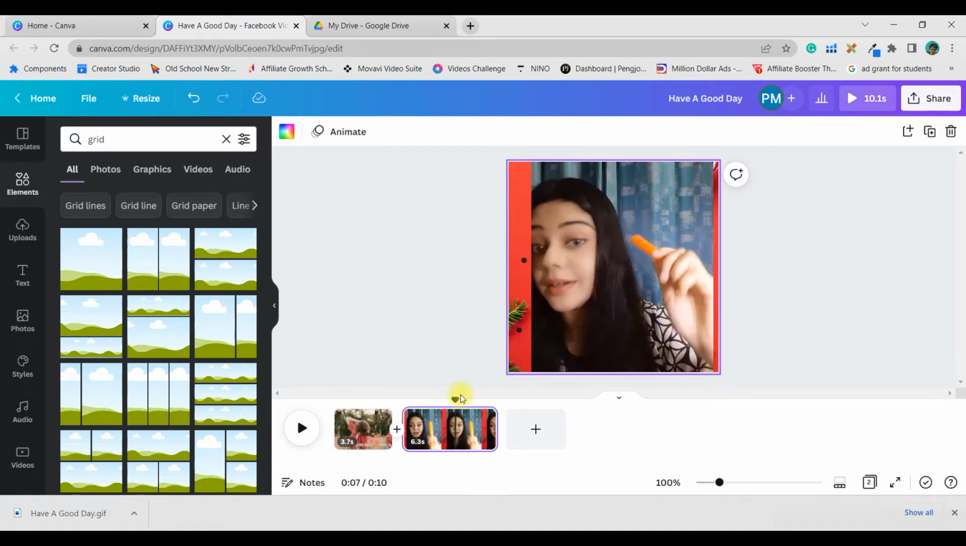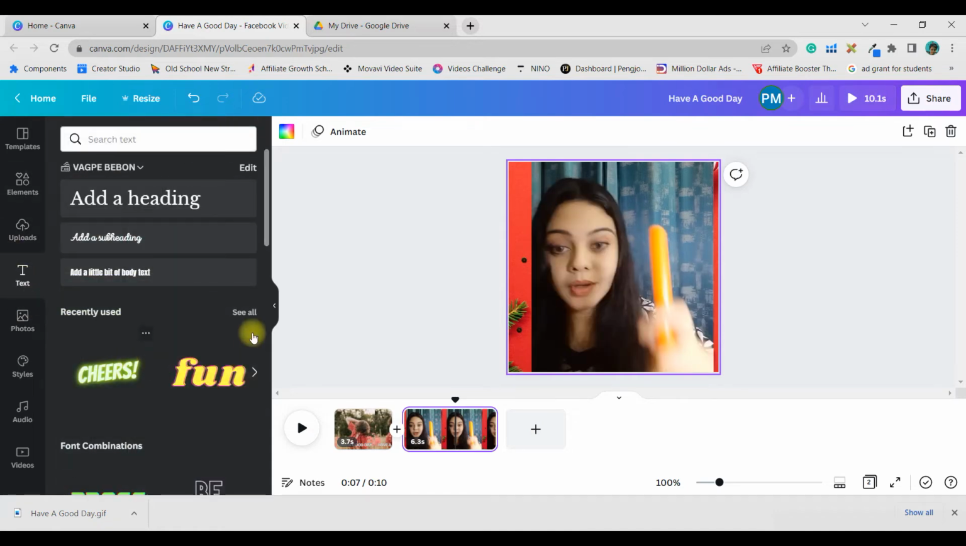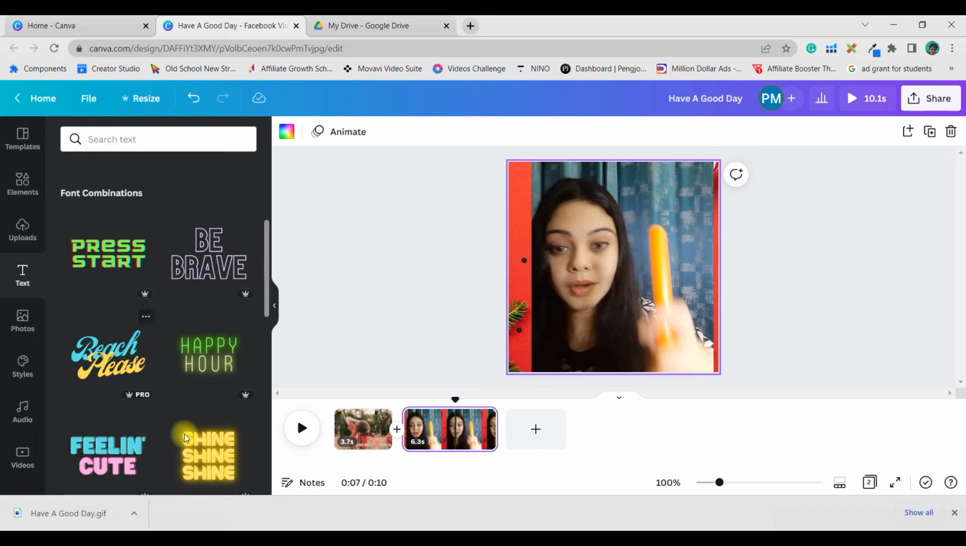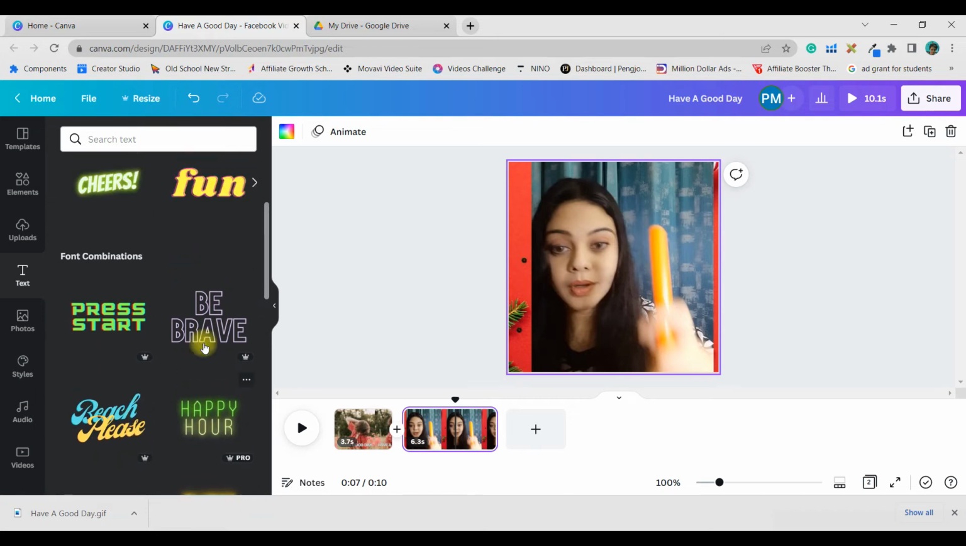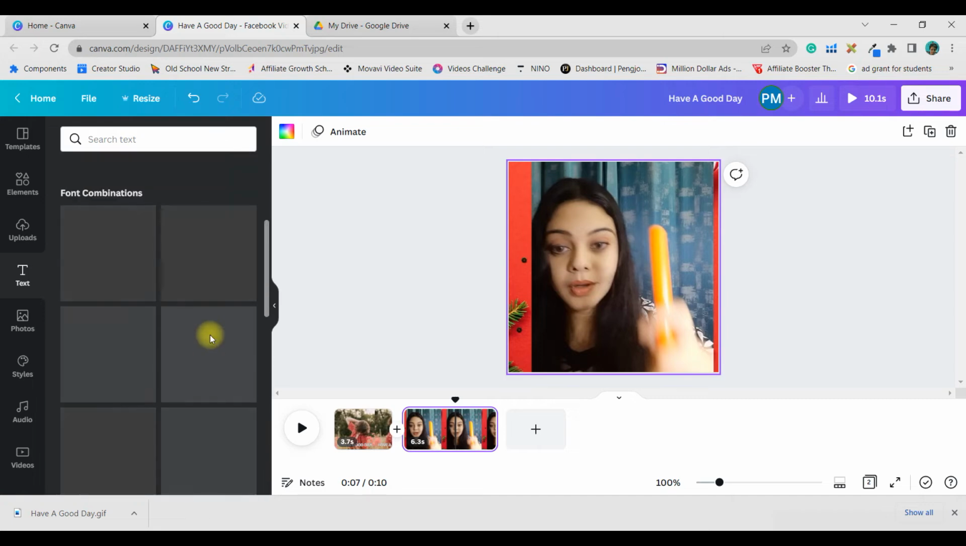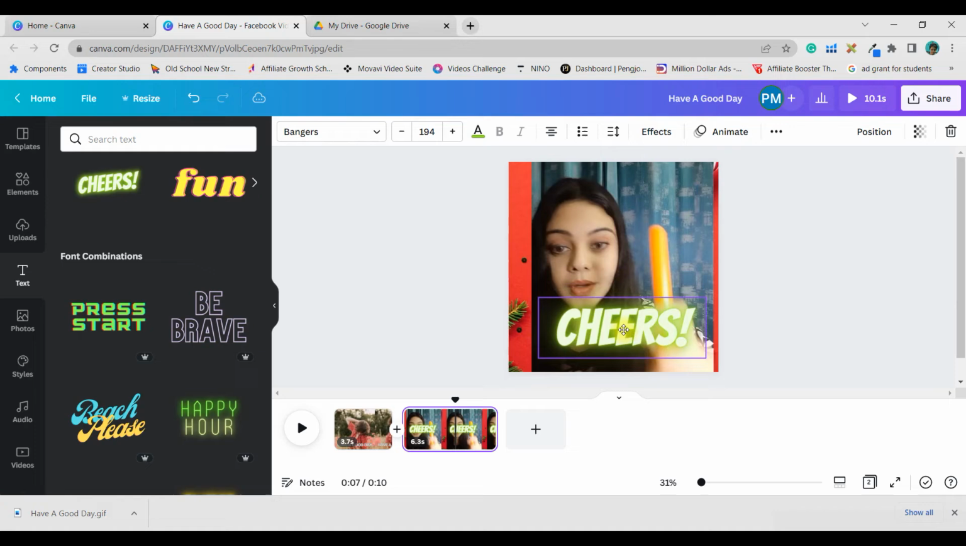Again, I am going to add some animated text out here. So I will go for another way. I can take a beautiful text from this side where they feature different pro and free text. As I committed, I'm going to use everything which is available free. So I'm going to use this one, cheers, and I'm simply going to say,